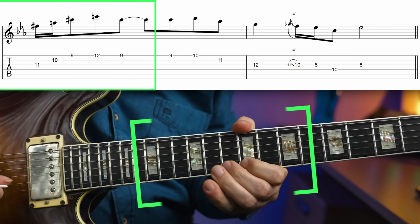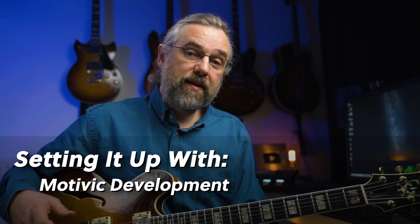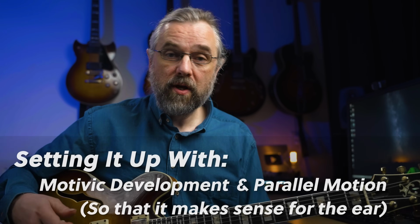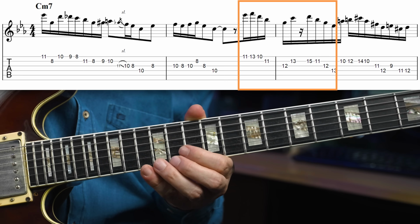The first part of the solo is just using the C minor Dorian sound, just so that we have a sense of what home is. Then I transition to B minor 7 by using the parallel motion of arpeggios. First I'm playing G minor 7 and E flat major 7